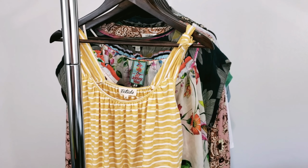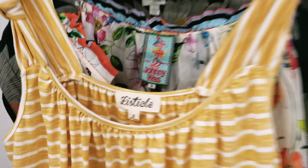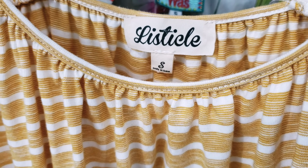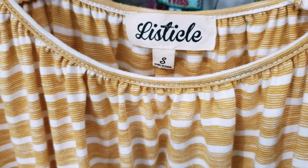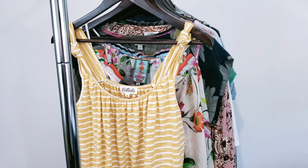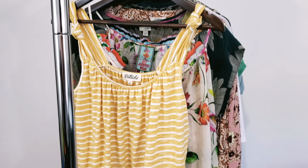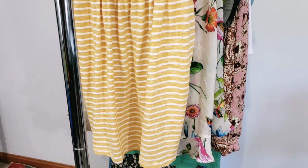Today's thrift haul is going to include all women's items, and I got some really good stuff I'm excited to share with you. The first item I have is a top by the brand Listicle, which I think might be sold sometimes at Anthropologie or Urban Outfitters. I can't remember, but I think it might be sold somewhere. This particular style I don't think was, but I have had some luck with this brand in the past, and